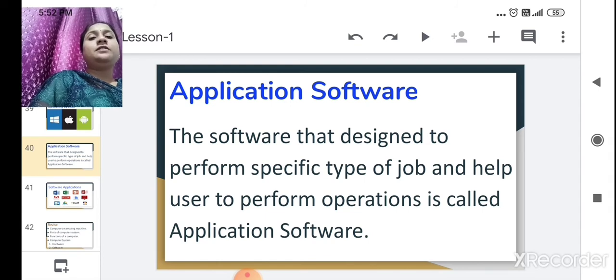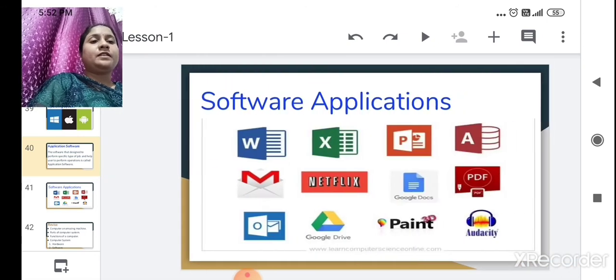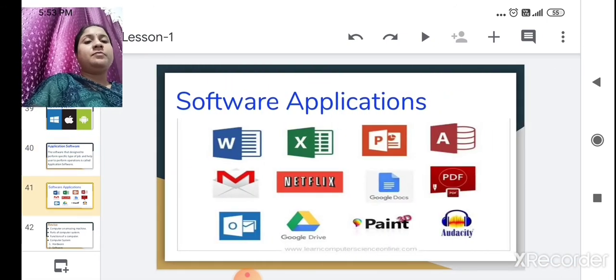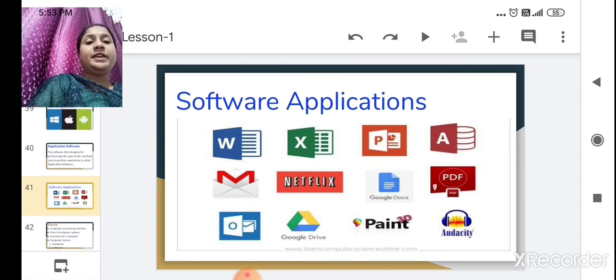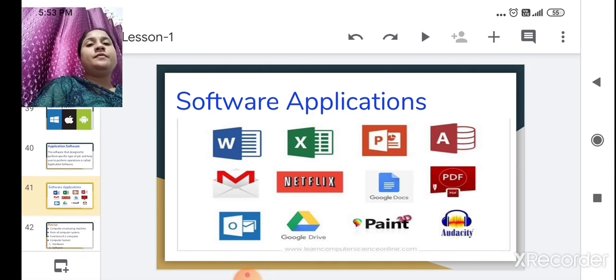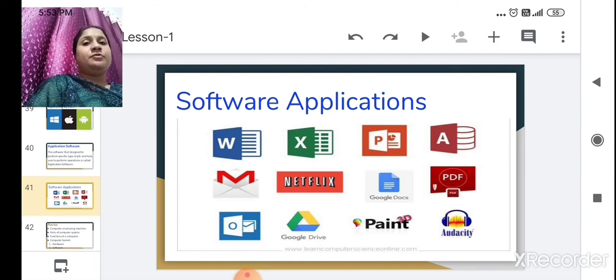We will see what types of applications you have seen. Okay, software applications are Word, Excel, PowerPoint, PDF, Paint, Netflix for watching movies, email, all these are software applications. Once you open the computer, after that Windows will appear.